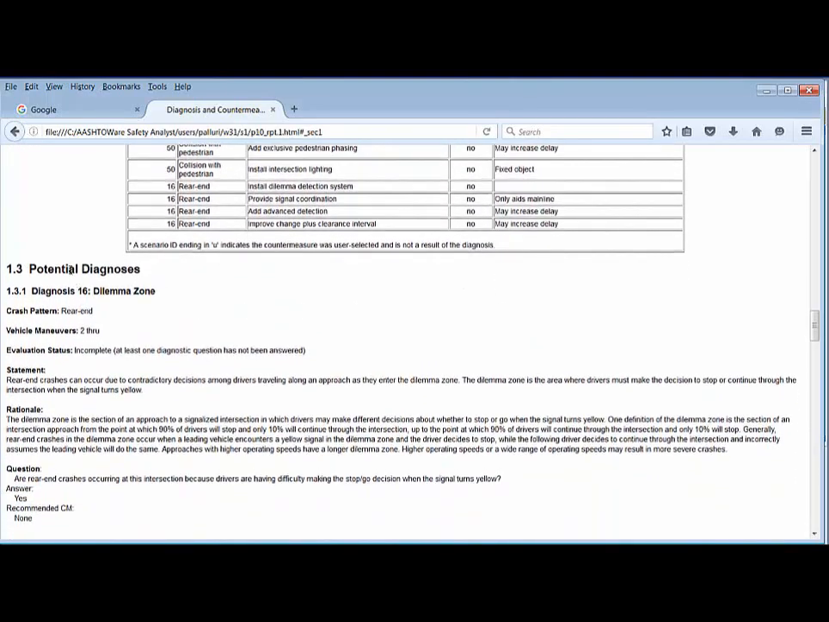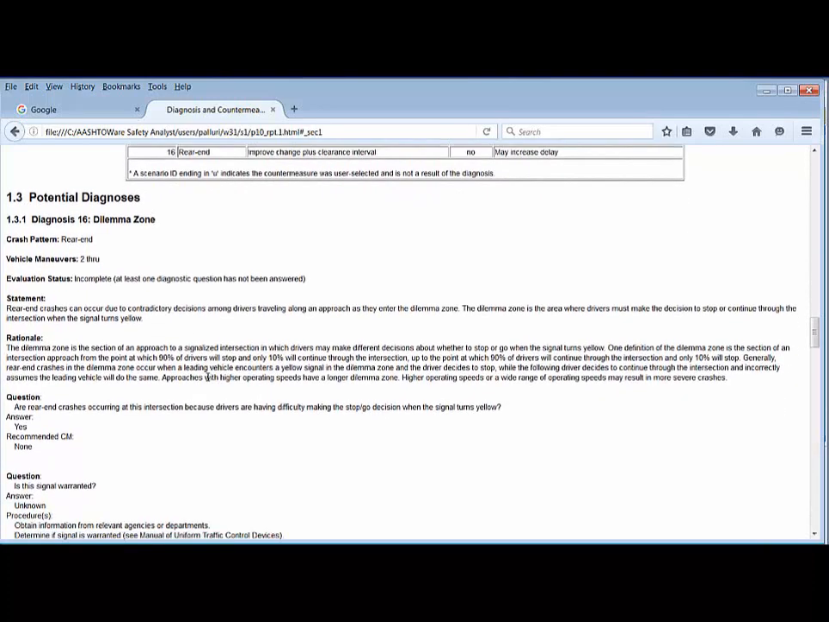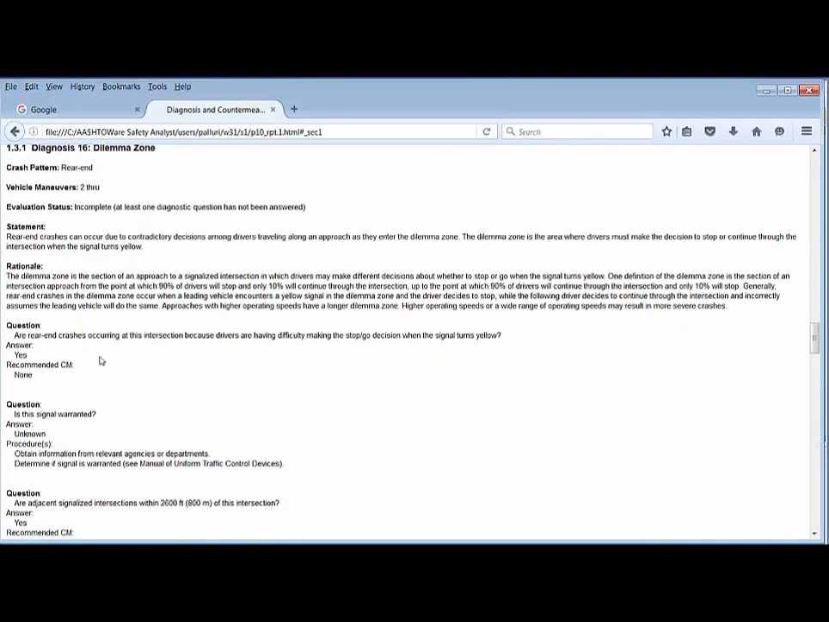And here we get the summary of potential diagnoses. For the first one, that is diagnosis number 16, the dilemma zone, the crash pattern we analyzed is rear-end crashes, and vehicle maneuvers is like two through movements. And evaluation is incomplete. That is because at least one diagnostic question has not been answered. We have the statement and the rationale and the question and the answer and the recommended countermeasures based on our